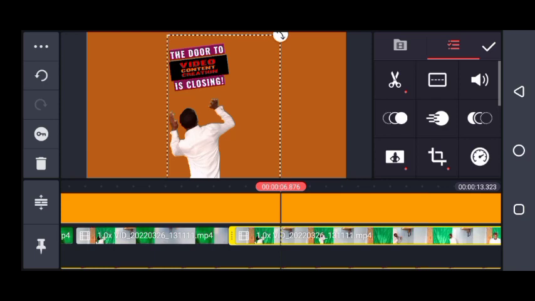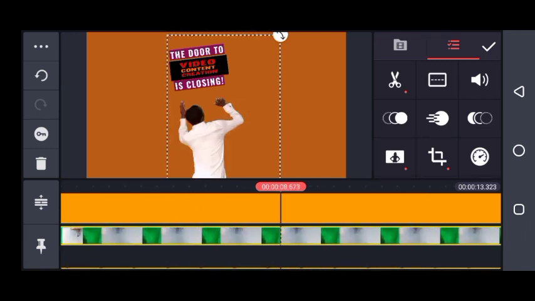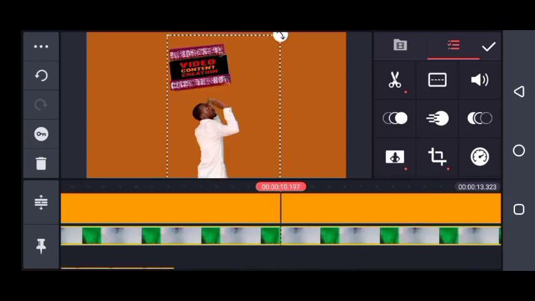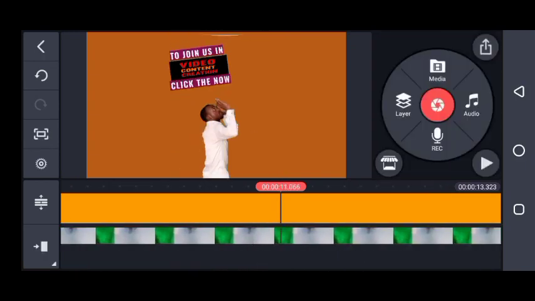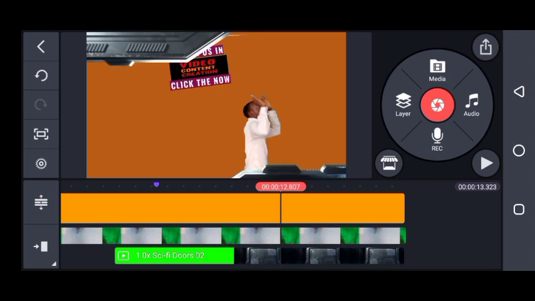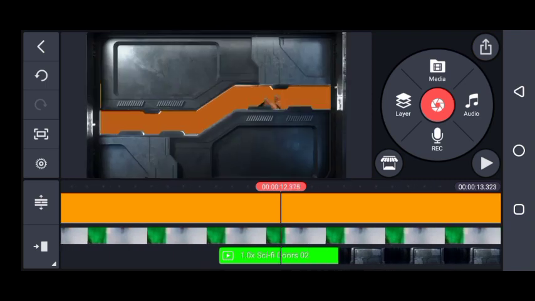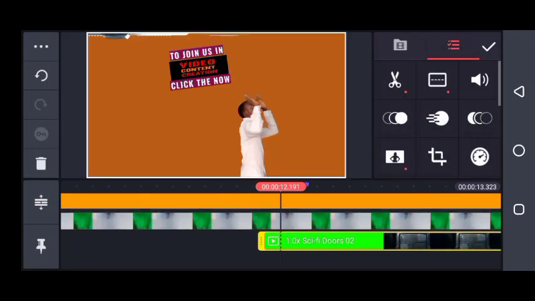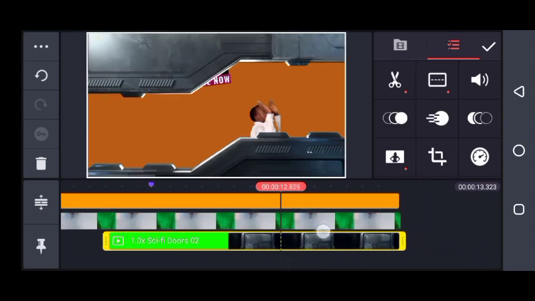Now look at this one too. I move down. You can see that I have moved down here. I have moved the clip down, but people will not know because I bend down. So they thought that all this thing went down together. So after that, I use a clip of this video, which we can easily get on KineMaster,